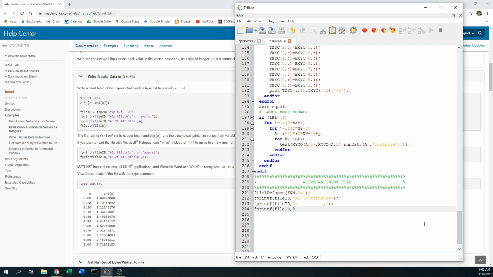So percent 6. Do we need just 6? Yeah, make it 10 point. How many decimal places do we need? 0.8, and then space and percent, and make it 10 is the first one, and 0.8. Well, we don't need that many. Yes, 6 is good. 6.8 and